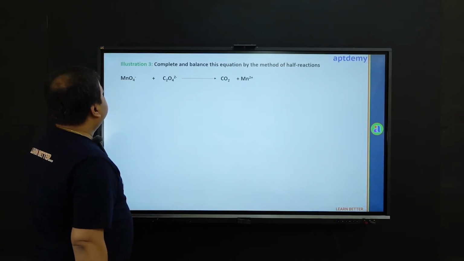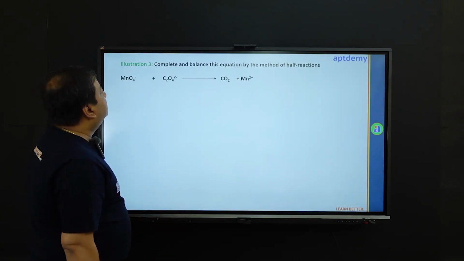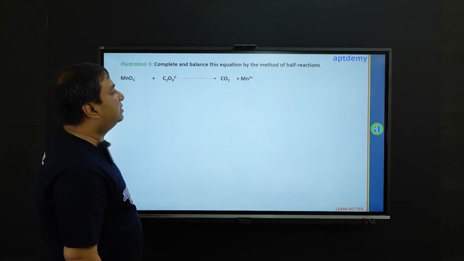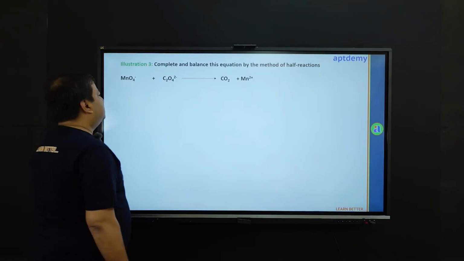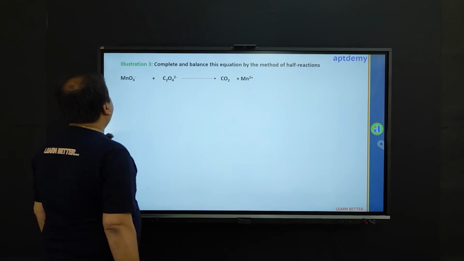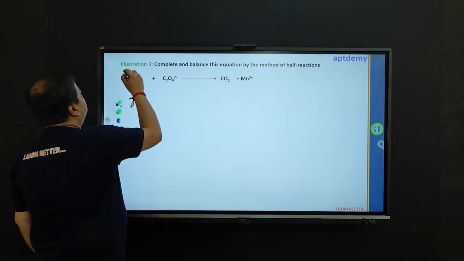Another problem in which we have to complete and balance this equation by the method of half reaction. So just like before, again, let us first assign the oxidation states. So each oxygen is -2. There are 4 such oxygen,